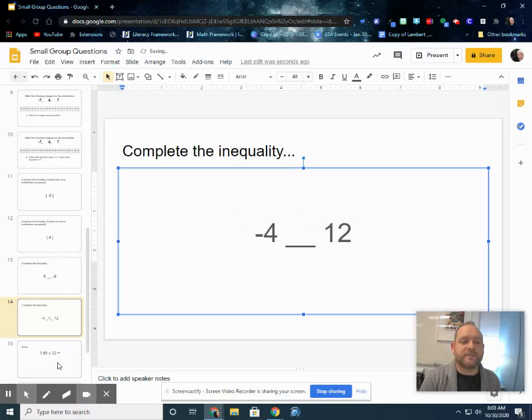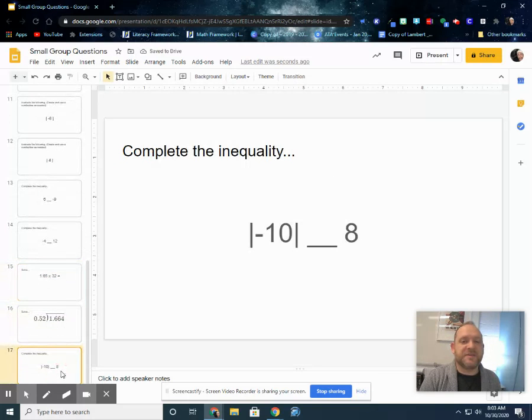All right. I'm going to skip these two, and I want to come to this. Complete the inequality. So I have the absolute value of negative 10 is less than, greater than, or equal to 8. Now take a second, think this through. I want you to get your answer in your head before I give you the answer, because you will need to do this on your assessment. All right,